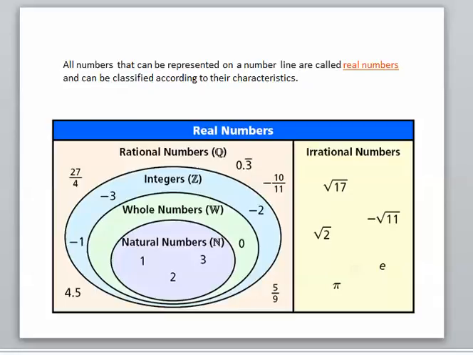All right, the last thing we're going to finish up here is discussing real numbers and their positions. All numbers that can be represented on a number line are called real numbers and can be classified according to their characteristics. So what we're going to distinguish is real numbers, and inside the real numbers you can see that we can give a lot of names to certain things. But we also have irrational numbers, which don't have any of those subgroups. So breaking down each of those subgroups, and I'll come back to this picture in just a little bit,